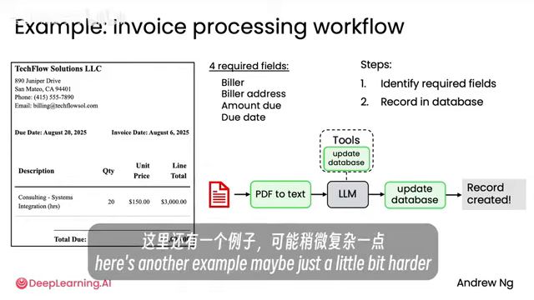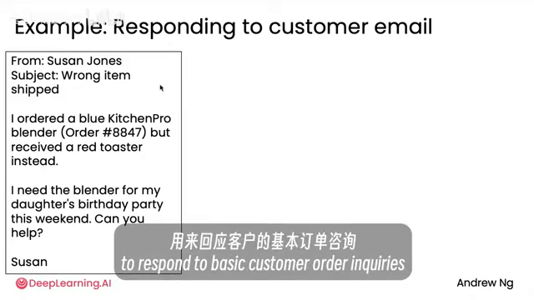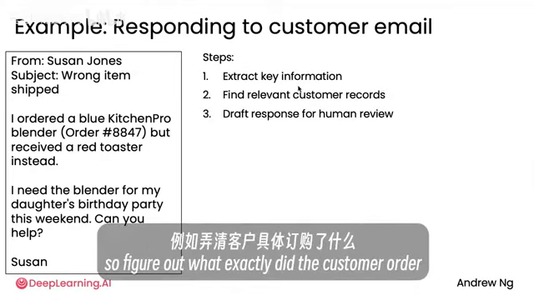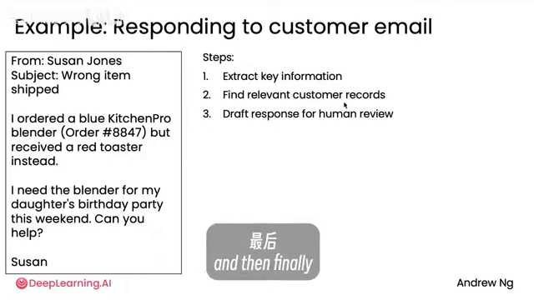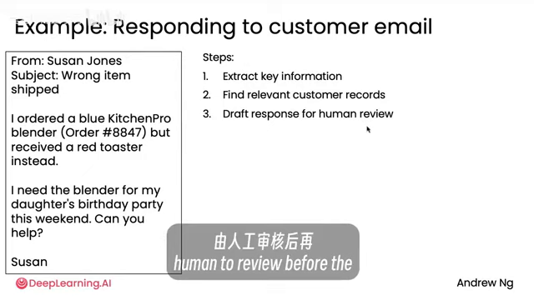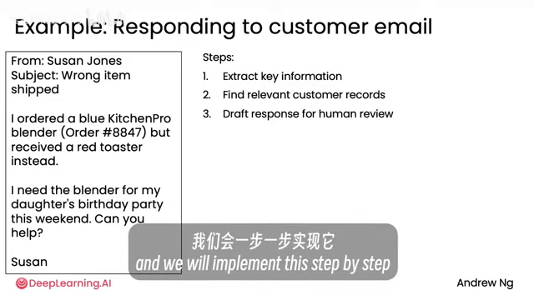Here's another example, maybe just a little bit harder. So if you want to build agents to respond to basic customer order inquiries, then the steps might be to extract the key information, so figure out what exactly did the customer order, what's the customer's name, then look up the relevant customer record, and then finally draft a response for a human to review before the email response is sent to the customer. So again, there's a clear process here, and we will implement this step by step,